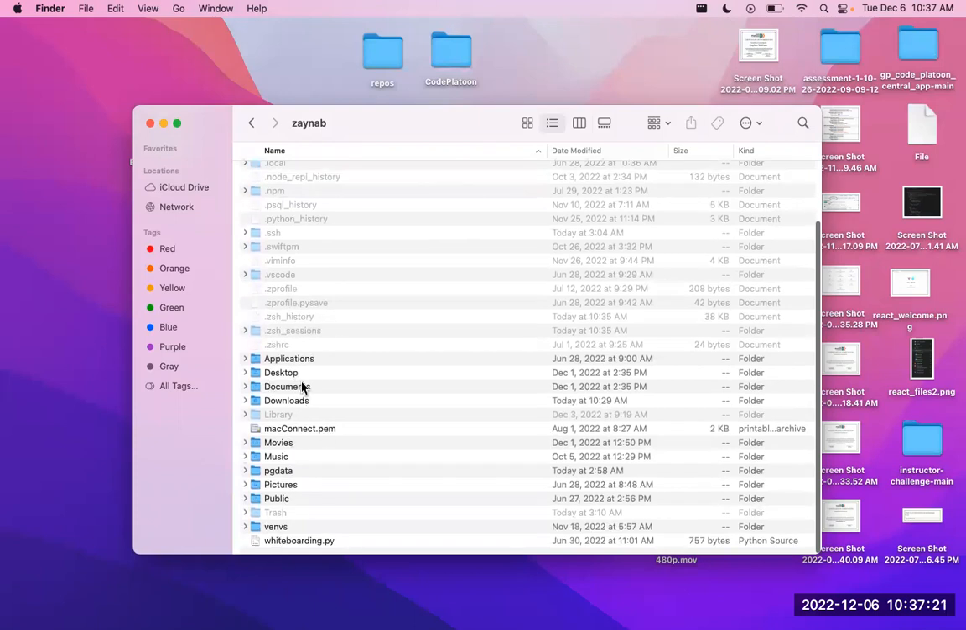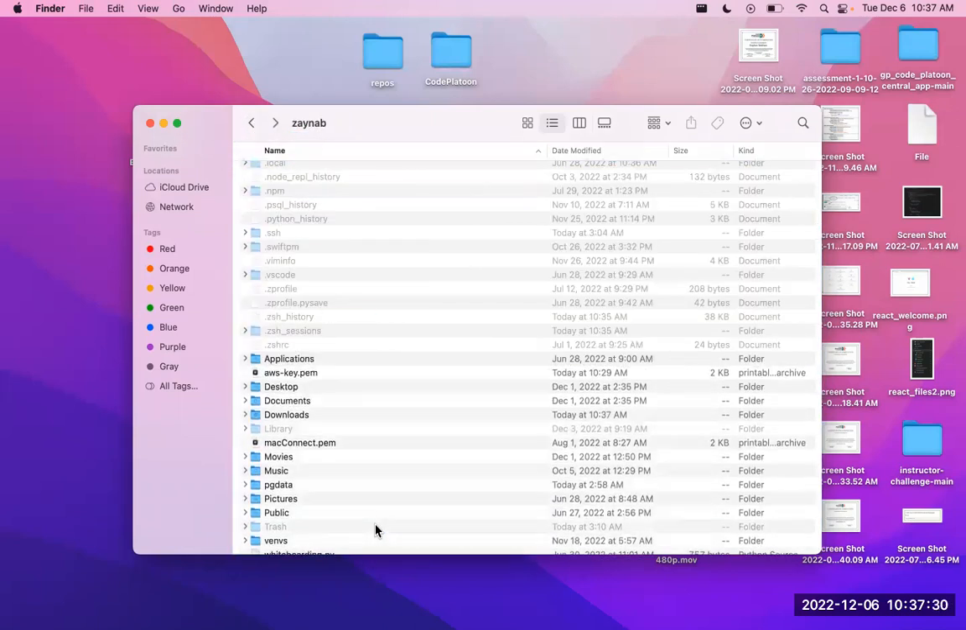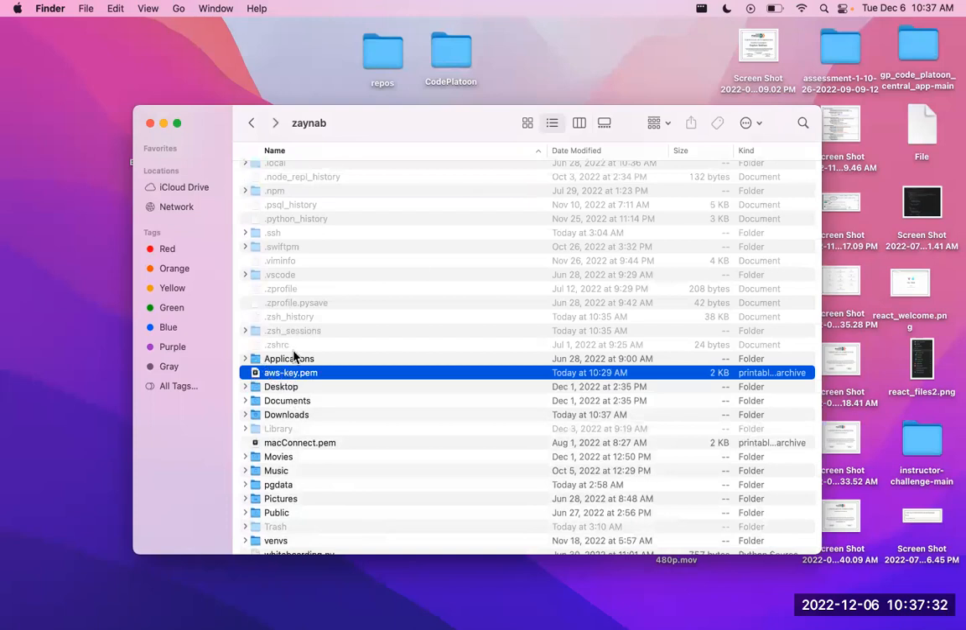Okay, so I can just put it in here, honestly. I can go to downloads, it's in here. I'll grab it just so it's easier to access. So I can access it from my